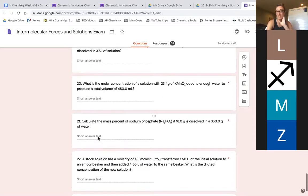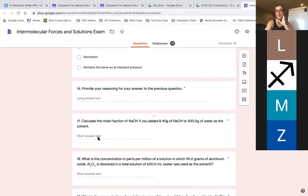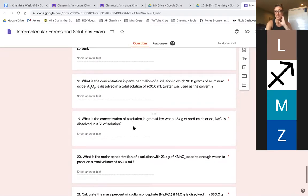I will say I do my darndest to write a good chemistry test in Google Forms, but it takes a lot of effort. I'm not going to lie, because Google Forms doesn't allow me to format the way I would like to. Like all these subscripts and superscripts, I have to go to another site and a tiny text generator to get all that. So if you ever see something on these Google Forms that looks a little funny,